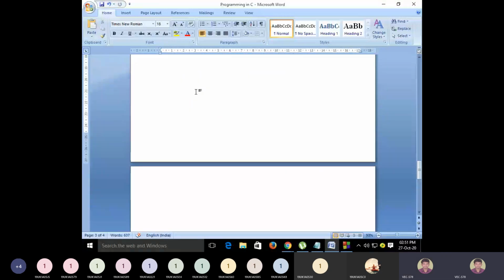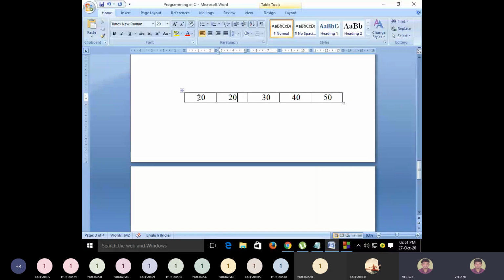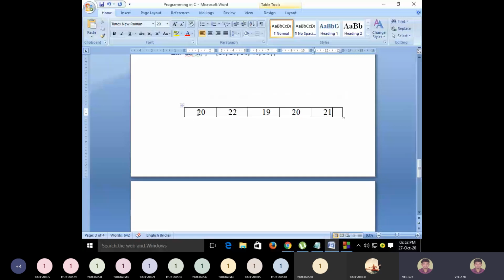Assume the age values you have entered in this way: 20, 22, then 19, then 20 again, then 21 again. So 5 students' age values will be stored in these memory locations. This will be stored at location 0.